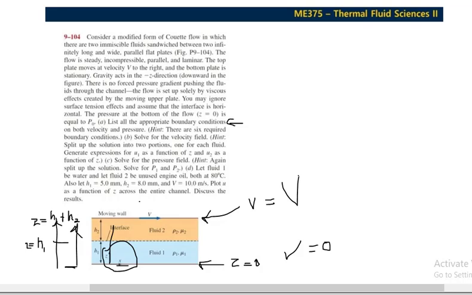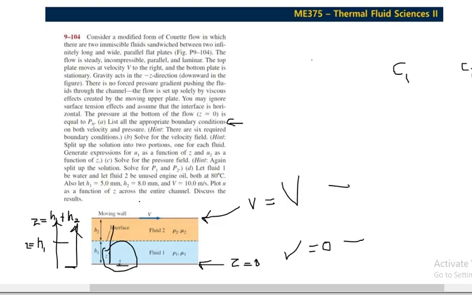In a similar way we can perform other steps to determine the boundary conditions. We have two equations because our problem is two dimensional, so we require two boundary conditions to solve it. Why do we want to solve it? Because we want to determine the values of the constants c1 and c2 here. That is why we are identifying the boundary conditions.